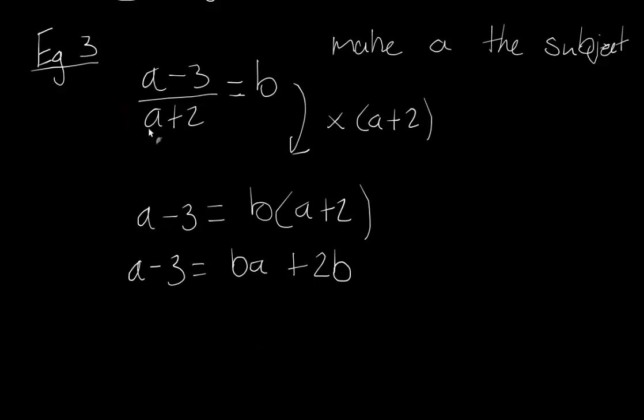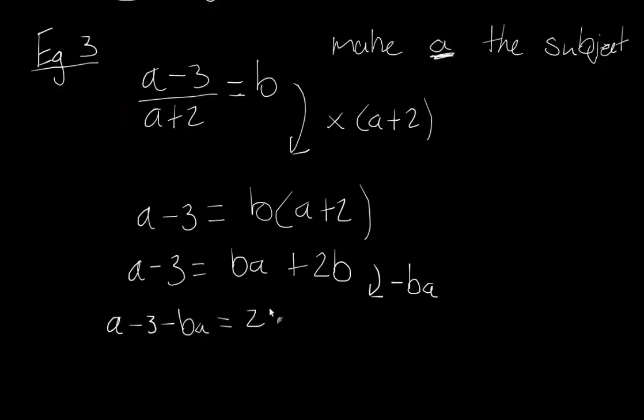Okay, so we got rid of the fraction at the bottom, nice, and we're trying to make a the subject, and always keep that in the back of your mind. So if we're trying to make a the subject, the trick here where there's 2 a's is to just get all the a's onto the same side, and then hopefully we'll be able to do something from there. So I'm going to minus ba to get this ba to that side. So that'll give us a minus 3 minus ba